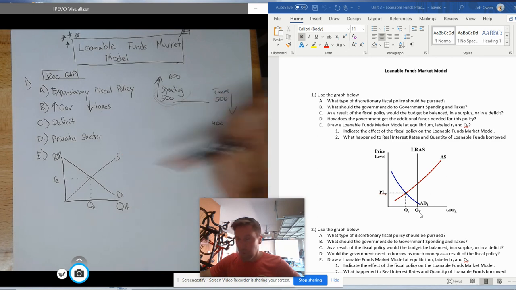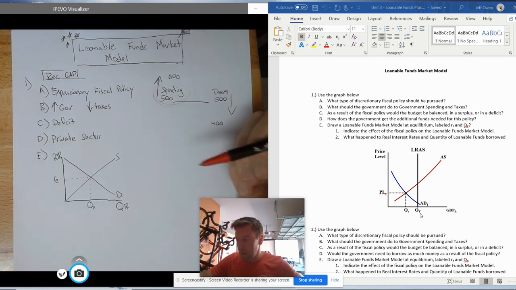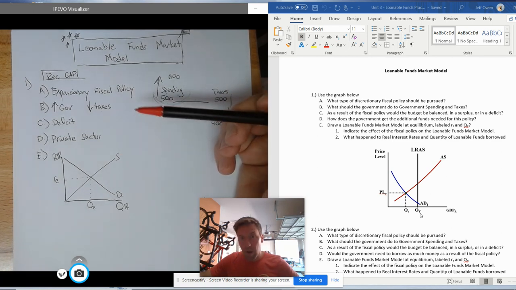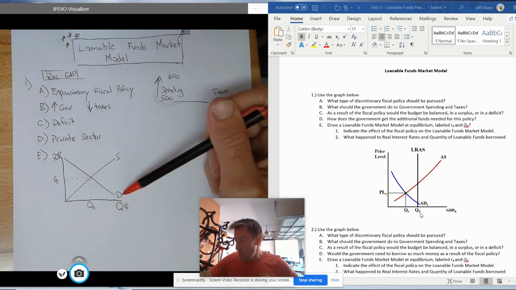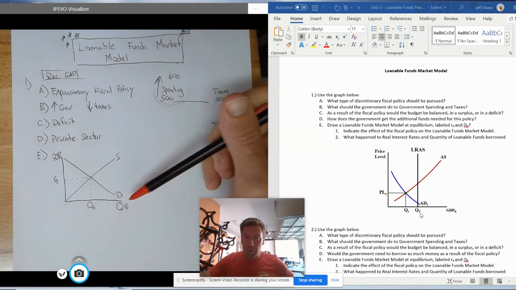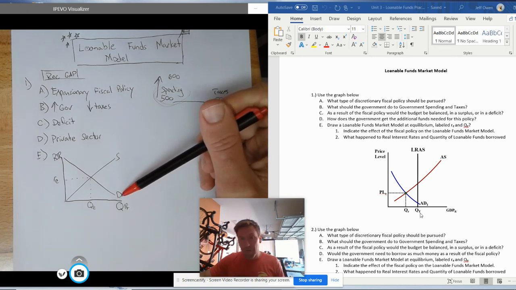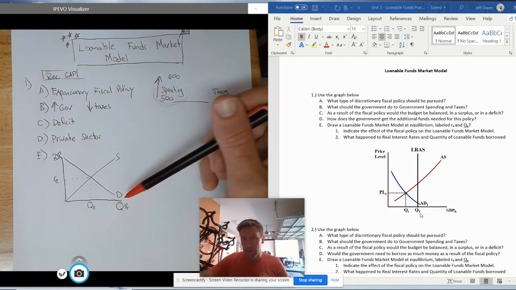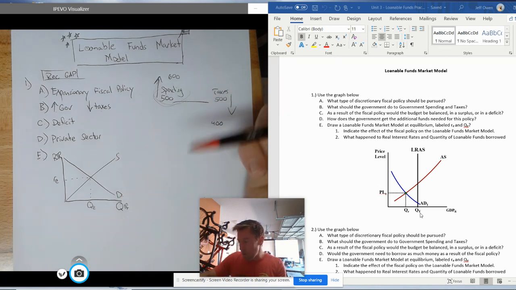We're not talking about supply of loanable funds in this unit because that's something we're going to do when we get to Unit 4 on people saving money. What we're talking about here is those people that demand money. Consumers are going to demand loanable funds. Businesses are going to demand loanable funds, government is going to demand loanable funds, and foreigners are going to demand loanable funds. So again, it looks a lot like that